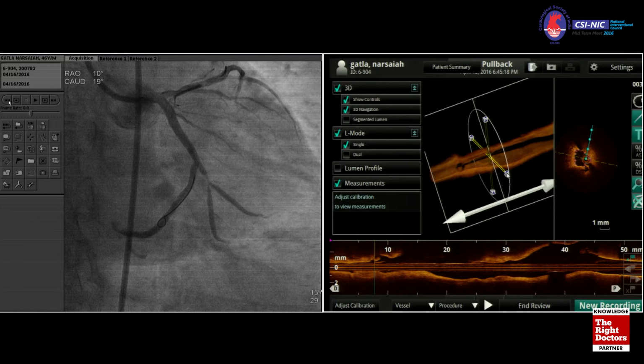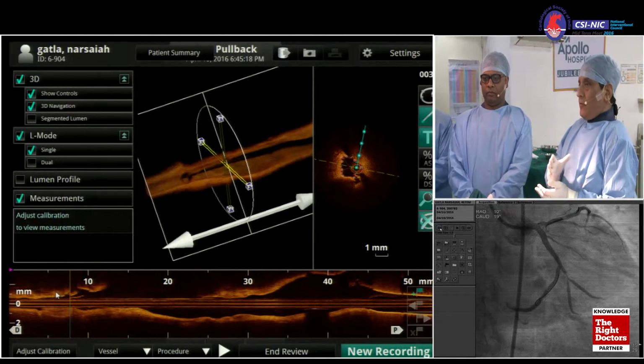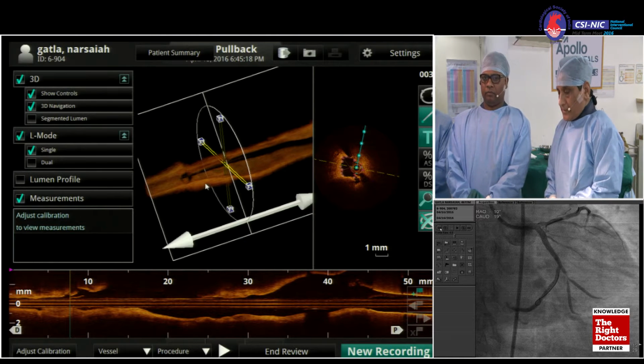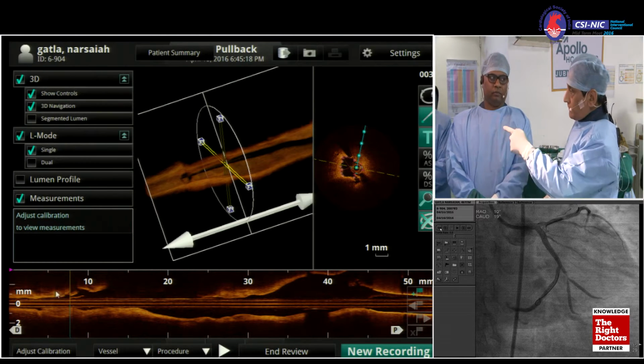We did the infrared also, yellow, and basically showed that it's the soft plaque. If you have the soft plaque, then you have more chance of side branch closure because of the plaque shift if it is on the opposite wall, and less actually if it is a calcific lesion. It was a very interesting observation which is just coming out.